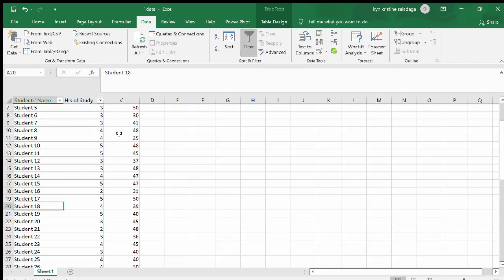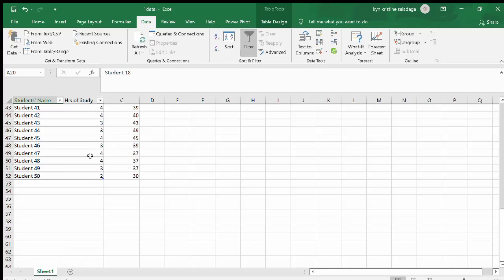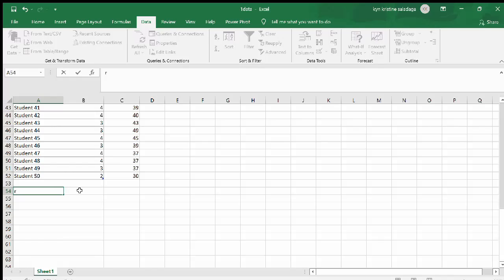But the question is, does the number of hours correlate with the grades in their test or in their exam? We can measure the degree of correlation using the Pearson R. Let's put R here. To get the value, we need a formula, or there is a function here in Excel that we can use, which is typing equal sign